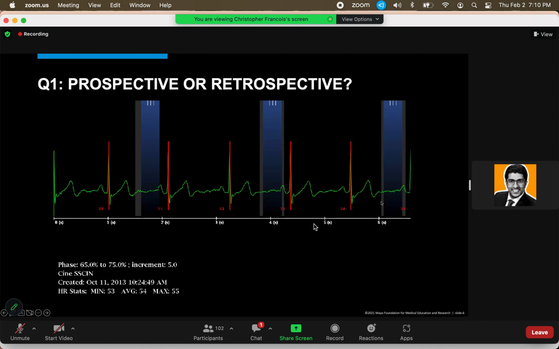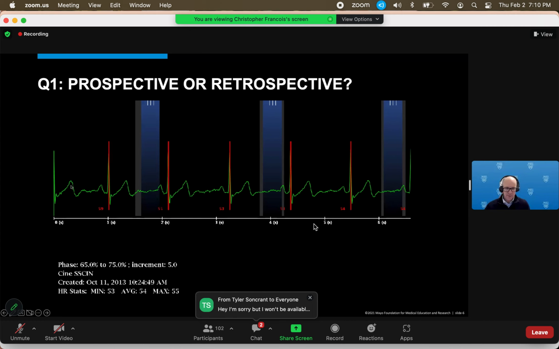this looks like it's prospective gating. I see those bars in every alternate cardiac cycle, I think. Yeah, exactly. So here we have the ECG tracing. You have your R waves, or your QRS complex, your T waves,